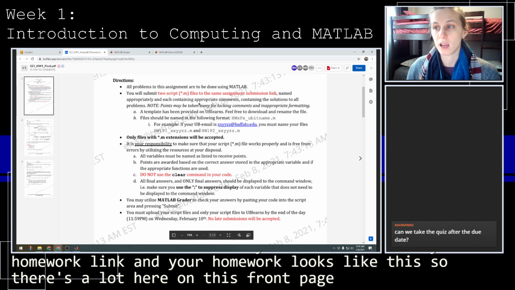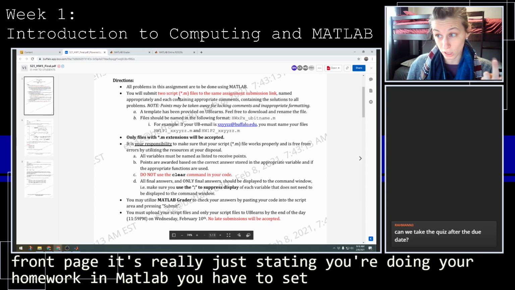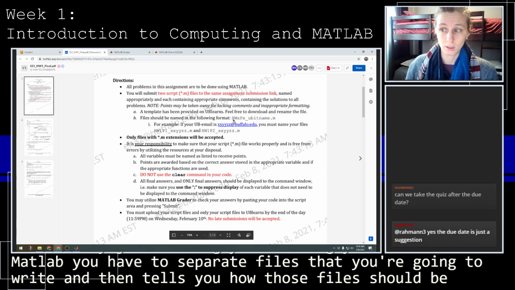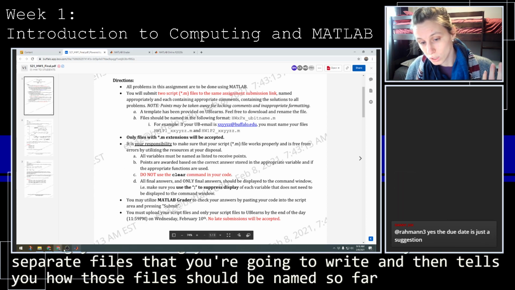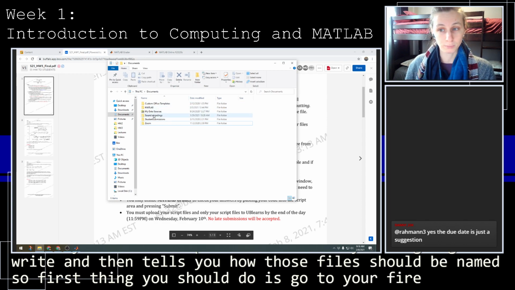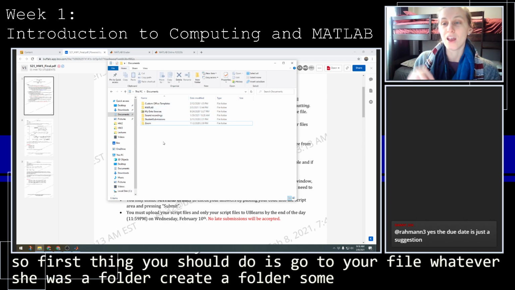It's really just stating you're doing your homework in MATLAB. You have 2 separate files that you're going to write, and then it tells you how those files should be named. Okay, so first thing you should do is go to your file, choose a folder, create a folder somewhere